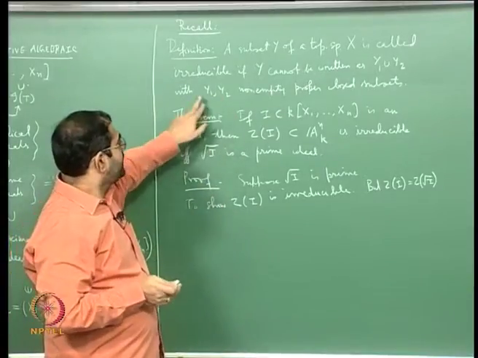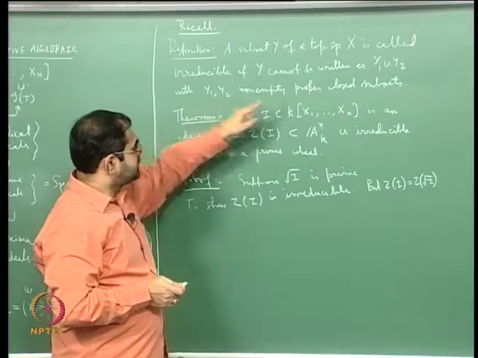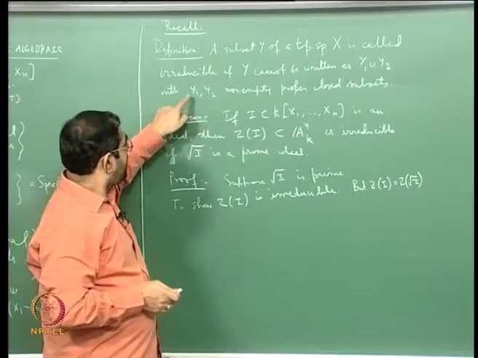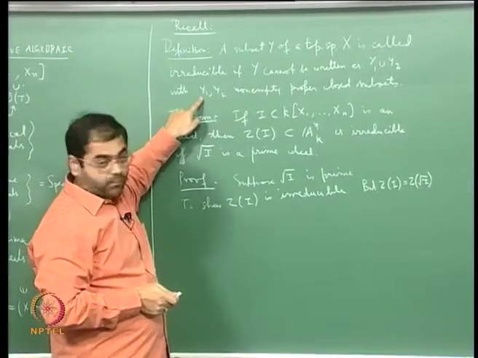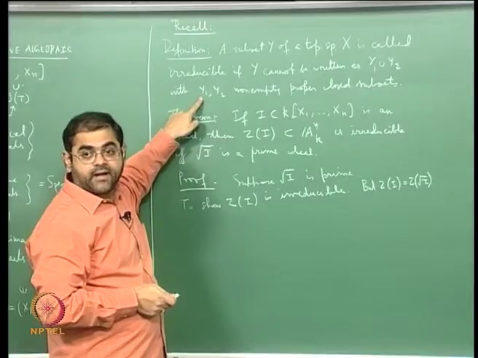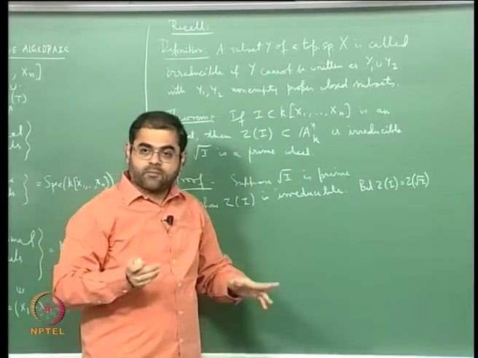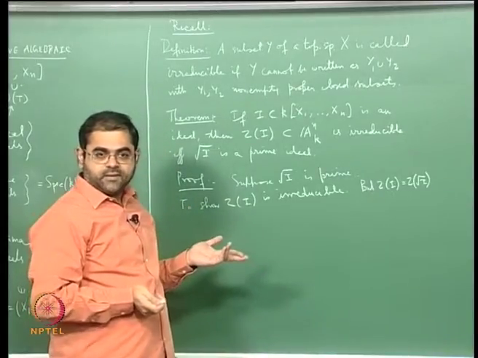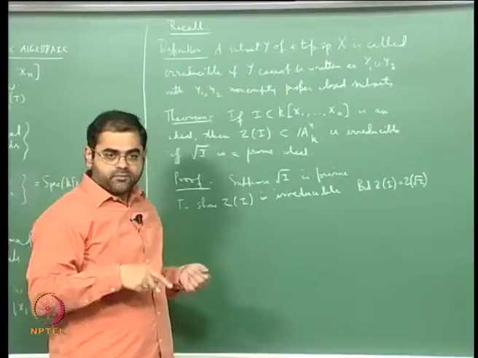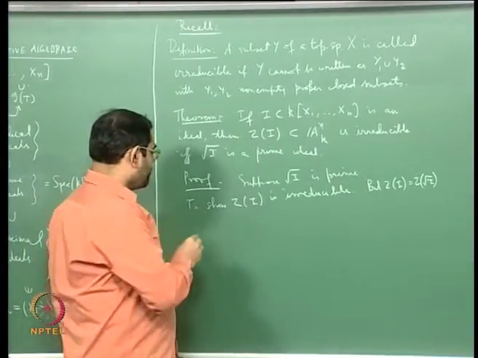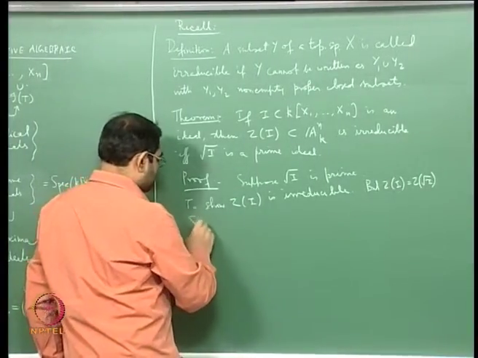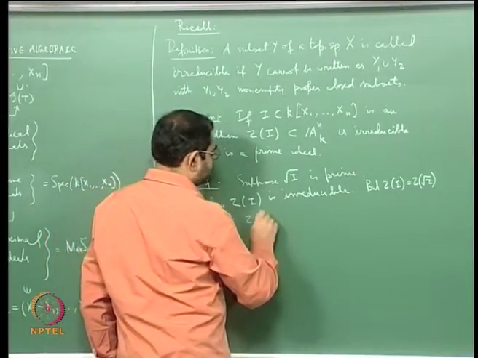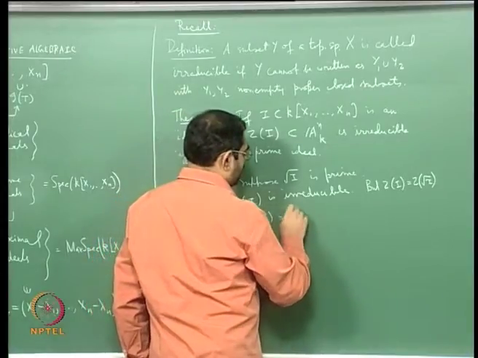So what I will do is I will assume that it can be written in this form with y1 and y2 non-empty, but I will assume further that y1 is a proper closed subset, and I will try to prove that y2 is not proper, namely that y2 is everything. If I do that, then I am done. Okay, so that proves that it is not reducible, in other words that it is irreducible. So suppose that Z of I is y1 union y2